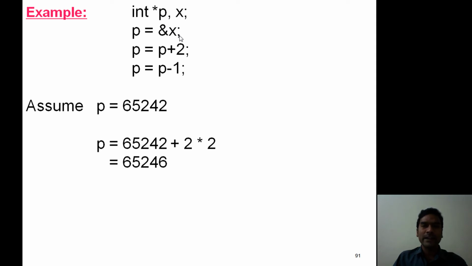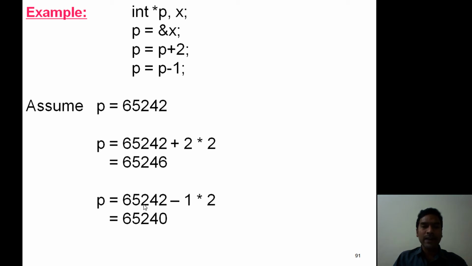An integer data type requires 2 bytes of memory. Hence, it is converted as 2 into 2. Now, this final value is known as scale factor. Here, the scale factor value is 4. Now, this 4 is added. It becomes 65246.